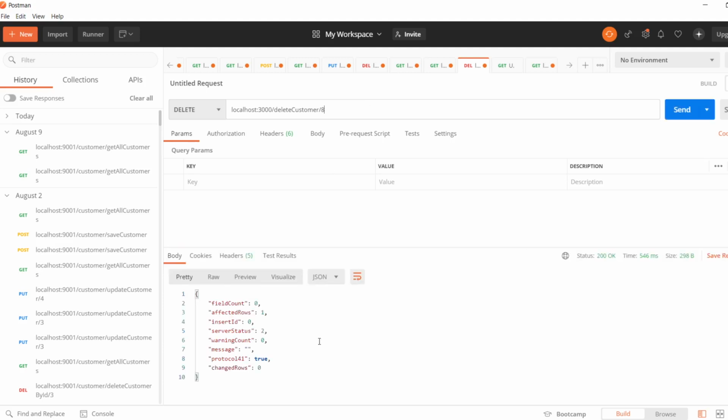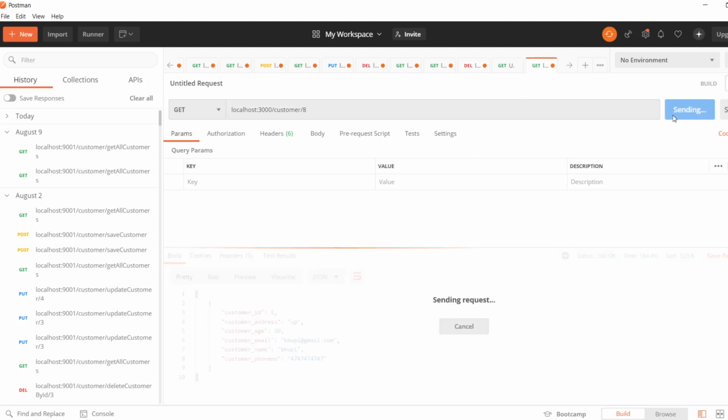As you can see guys, 8 has been deleted successfully. Now if you try to grab it again, then let's see what we get. We are getting empty, that means id 8 has been deleted successfully. So now the delete by id is also working absolutely fine.